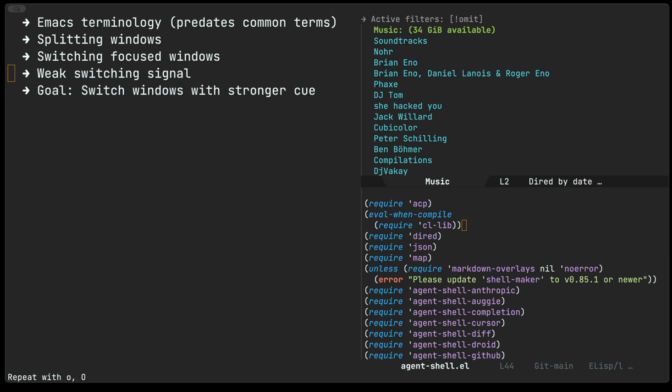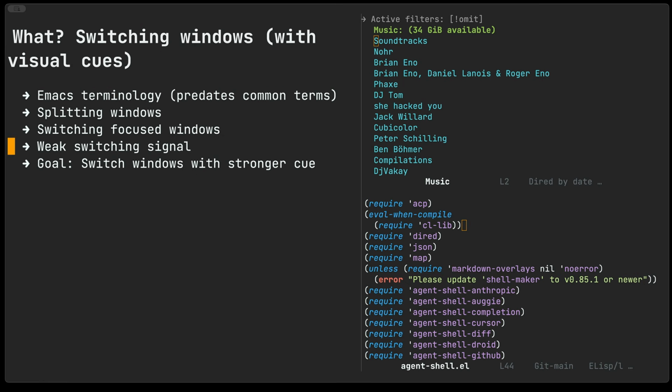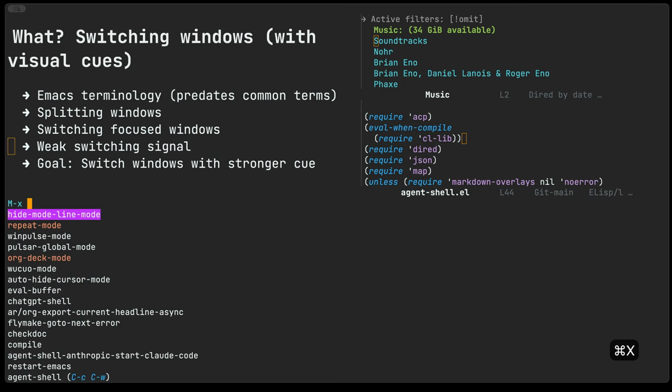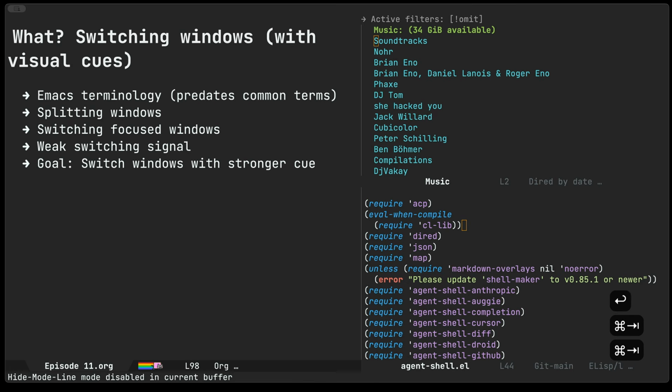Another reason why I don't want to necessarily rely on the mode line for this visual cue is that I don't always have a mode line enabled. In fact, if you look at the left window where the presentation is, there's actually no mode line there. Now I'm going to go ahead and bring the mode line back up and